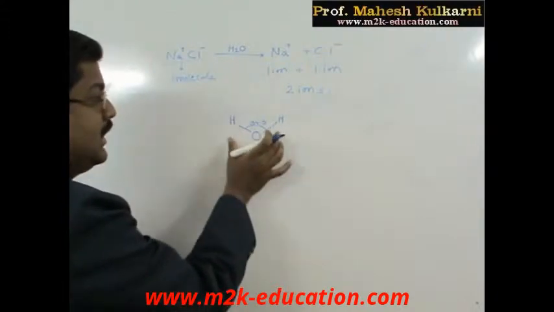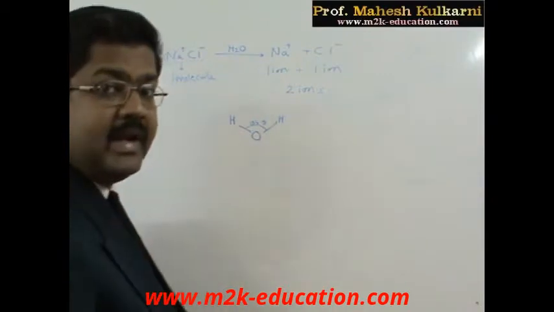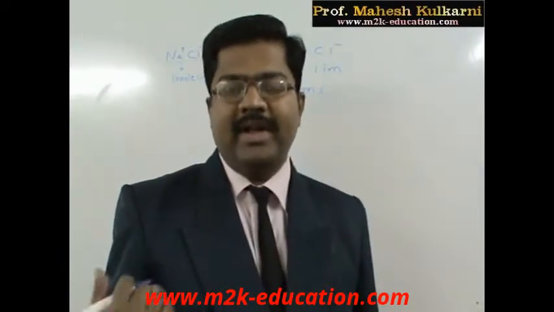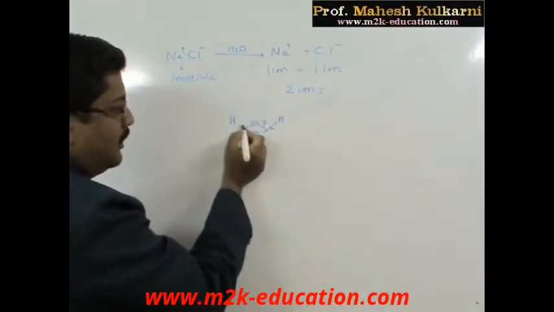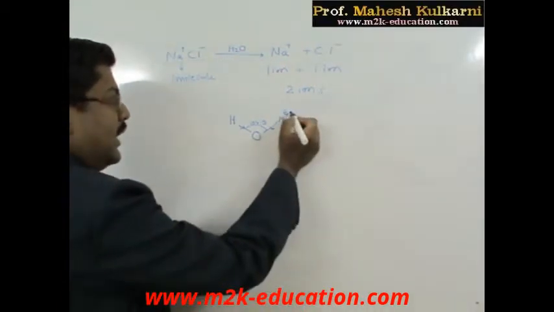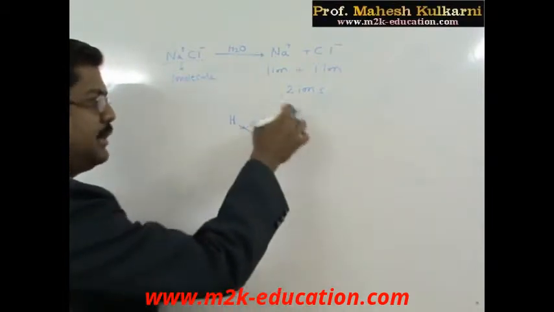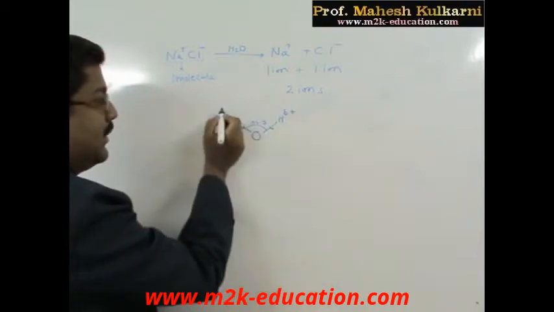Now hydrogen and oxygen have different electronegativities. Electronegativity means the tendency to acquire electron cloud in a bonding condition. So oxygen has more tendency to accept electron cloud from both the hydrogens, and ultimately hydrogen is having a deficiency of electron. The electron on hydrogen spends less time over hydrogen and more time over oxygen. So this will develop a charge.